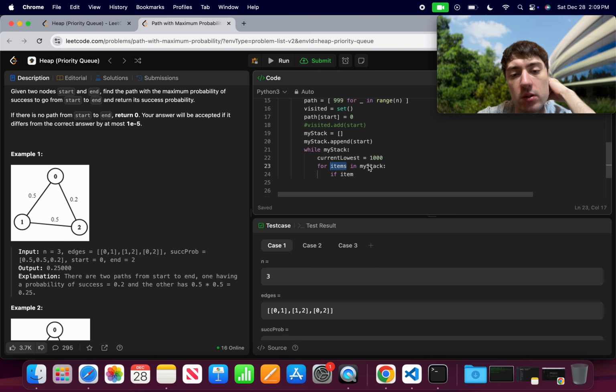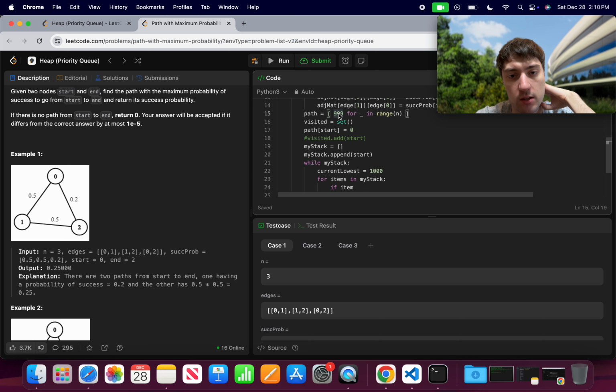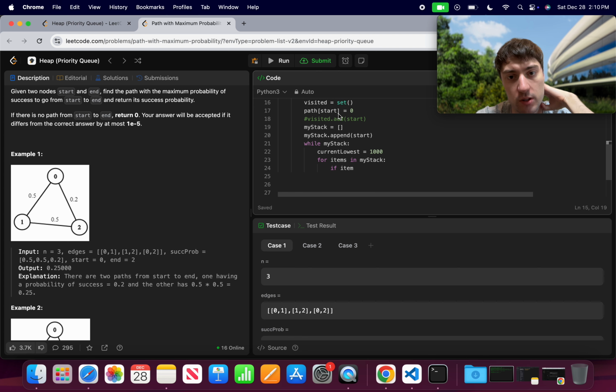Okay, so it will be an edge. This is like 0. Okay, items is 0. And now I need to check the weight in the path, the lowest. Okay, so if item